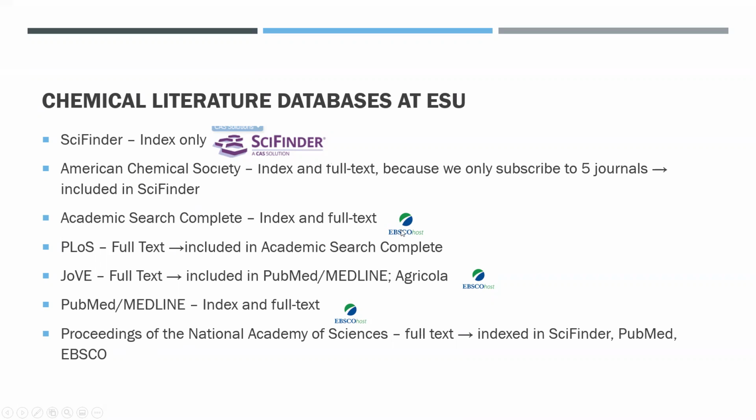SciFinder is not accessible through EBSCOhost. You do have to search it separately. SciFinder is, well, the American Chemical Society is very particular about controlling access to SciFinder. So you have to go to it directly, and that's why you have to have your own account within SciFinder, even though ESU has already purchased access to the database. But anyway,